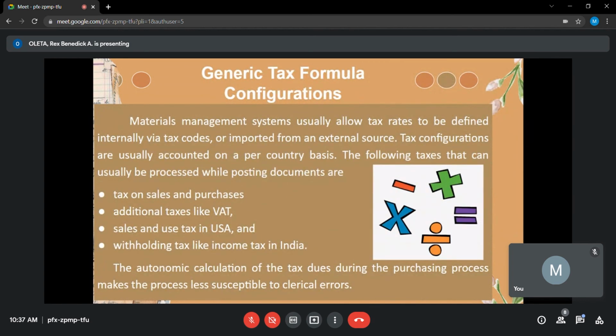Next topic is generic tax formula configurations. Materials management systems usually allow tax rates to be defined internally via tax codes or imported from an external source. Tax configurations are usually accounted on a per-country basis. The following taxes can usually be processed while posting documents: tax on sales and purchases, additional taxes like